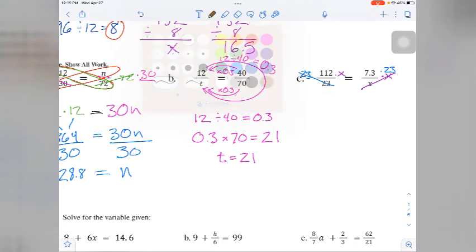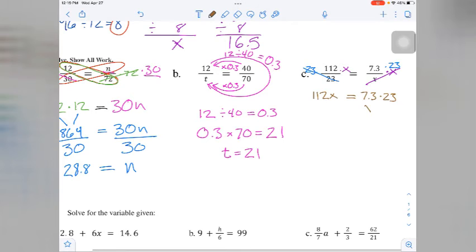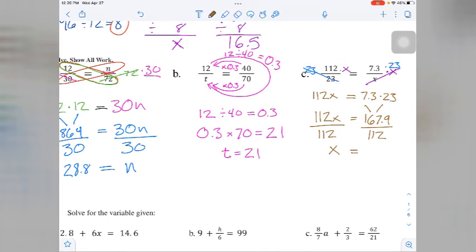So when I rewrite this, I get 112x equals 7.3 times 23. And when I do 7.3 times 23, I come up with 167.9 equals 112x, and then if I want to get x by itself, I have to use the inverse operation. So I divide by 112 on both sides, and I will get this very long decimal that is